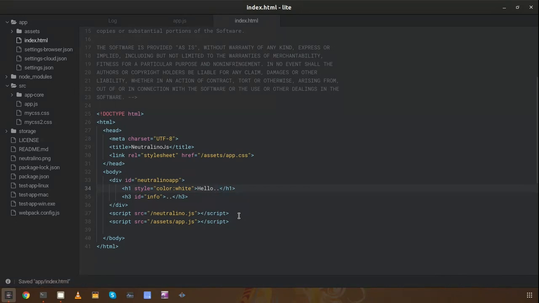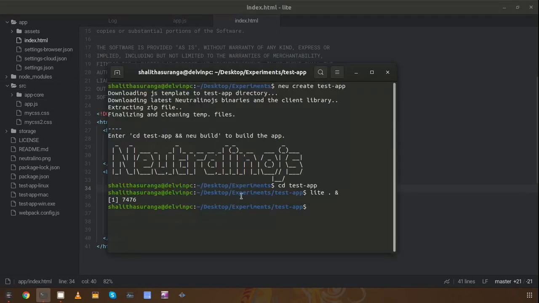Just some random text. Since I modified the contents of this src directory, I need to run neu build now because it will